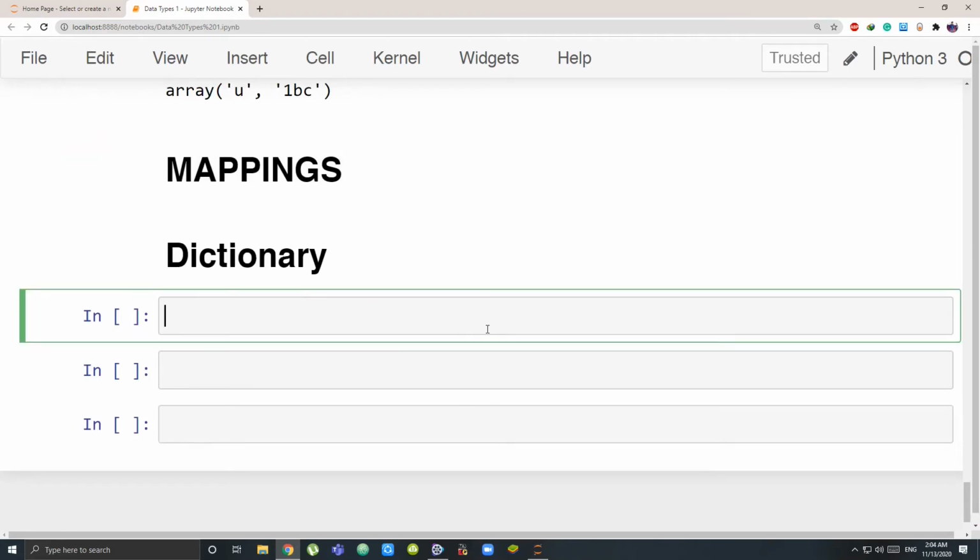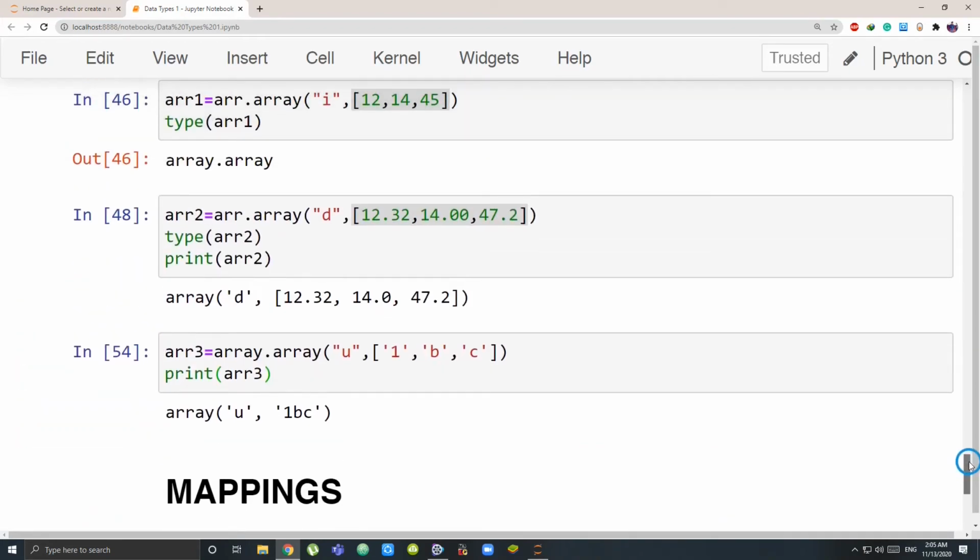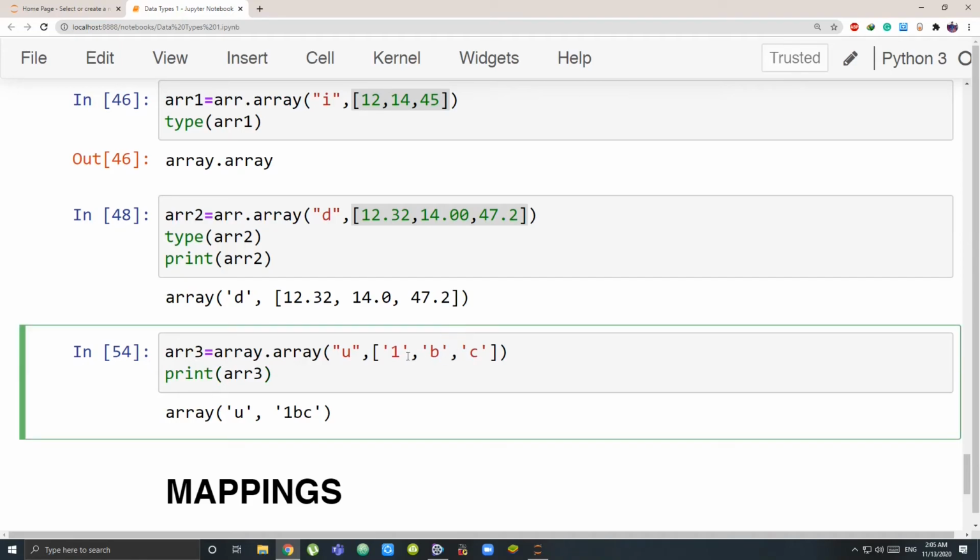Now we come to the last data type, the most famous, the most useful data type, and that is the dictionary. This is not a sequence. We don't consider this as a sequence. One more thing I forgot with arrays: arrays are again mutable. You can change the element according to your will, and they have an order. When I print my array, A is the first element, so what's the position? 0. Like I say again, in Python the first position is 0, then 1. What is the position of B? 1. What is the position of C? It is 2. Okay, so we have position.